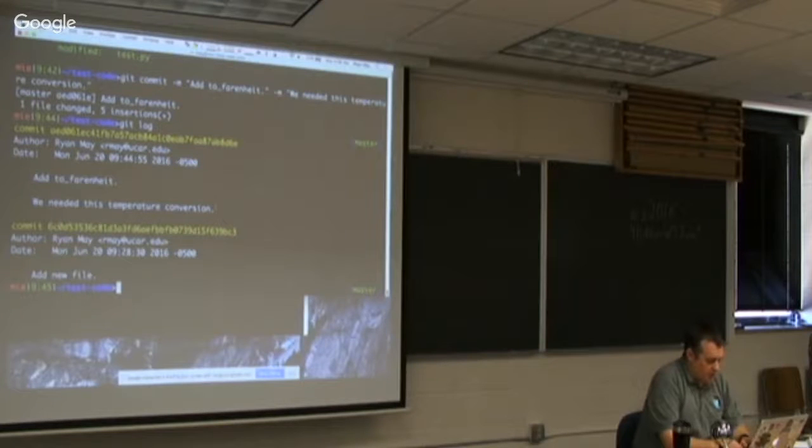So for that, we have a notion of branches. And for those of you who've used CVS and Subversion, branching was kind of a big hassle, only undertaken if you really, really needed it. With Git, branches are cheap, easy, and used frequently.